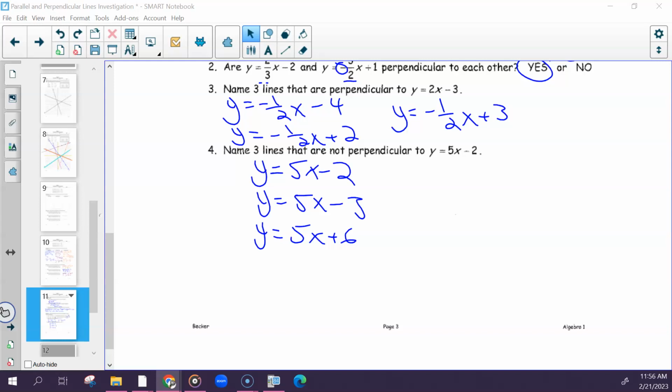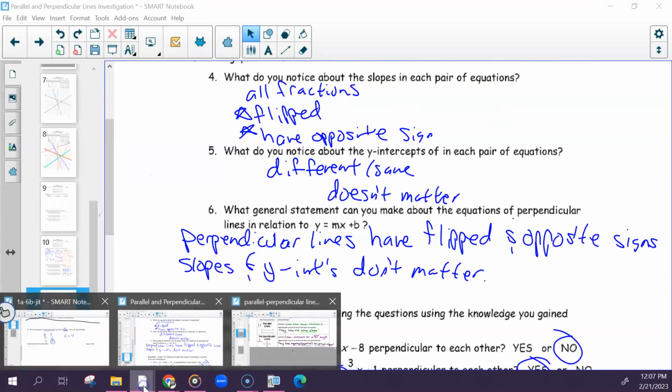If you need more gold sheets, let me know. You can use the front, the back. You can put all parallel on one side, perpendicular on the other, mix and match, doesn't matter. I would say you could work together on parallel and perpendicular lines and what they're used for,